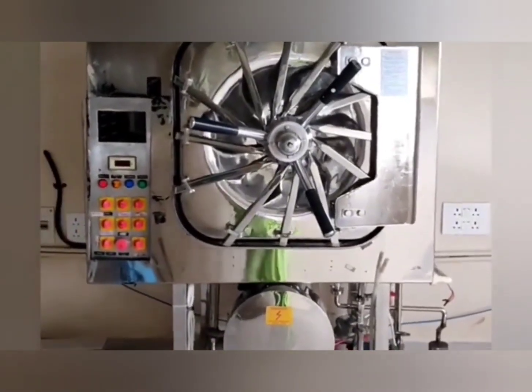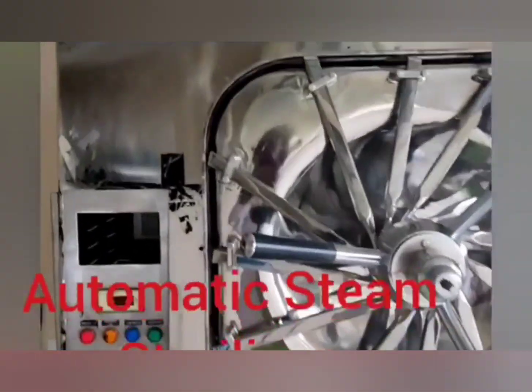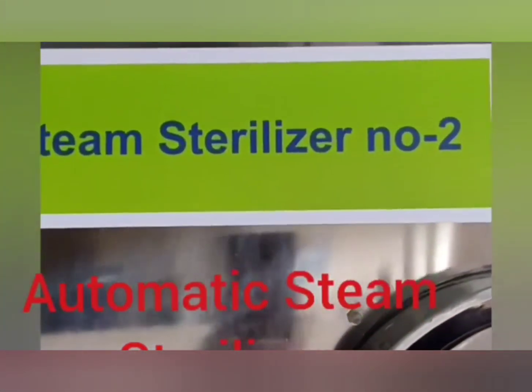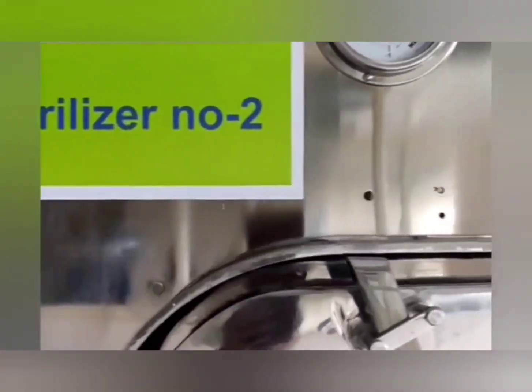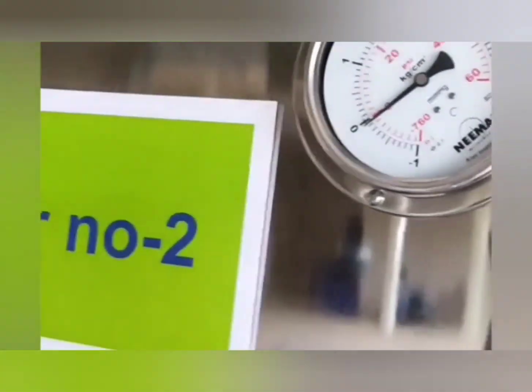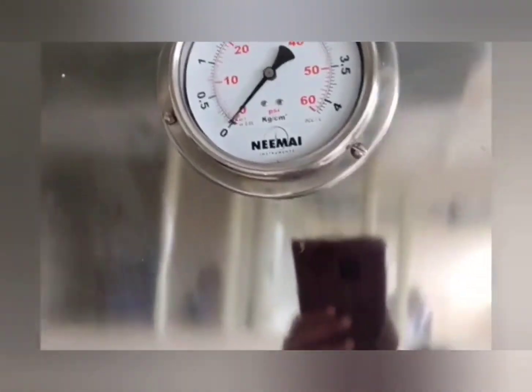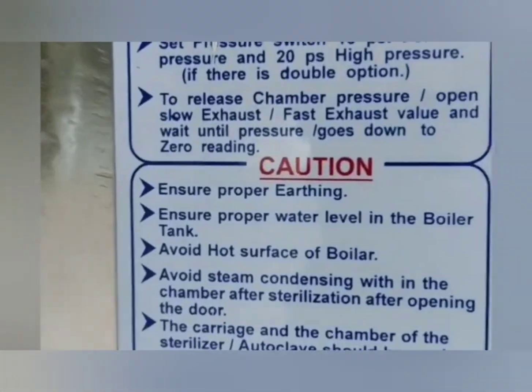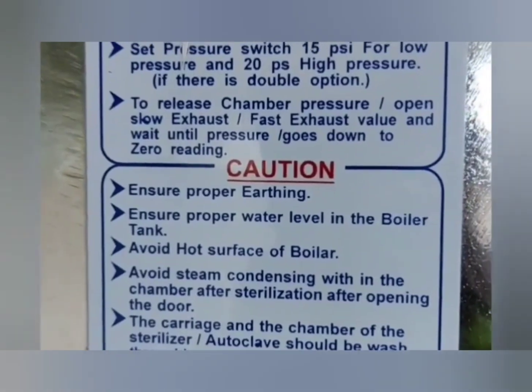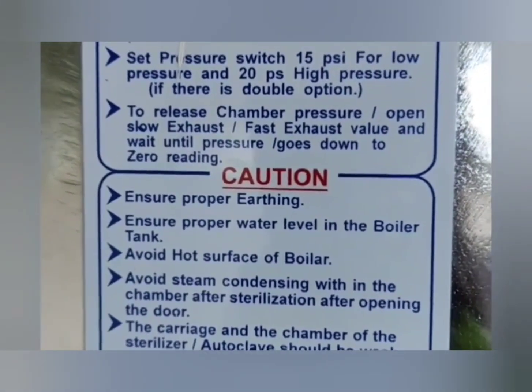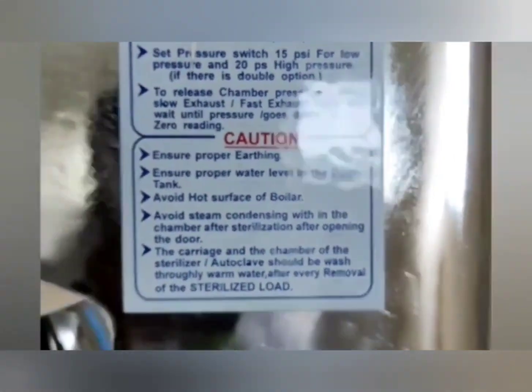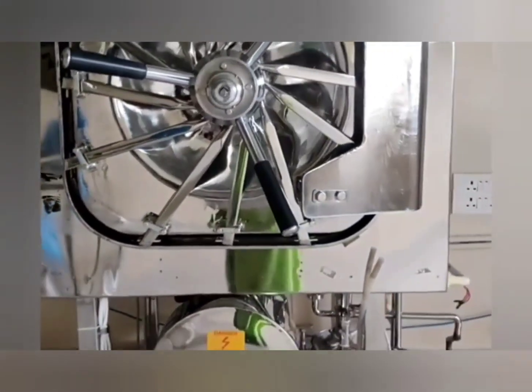This is another type of sterilizer, the automatic steam sterilizer. Here, after setting the time and required pressure, the equipment will be automatically sterilized and cooled. So, no waiting time is required. But we must read the instructions carefully before using this sterilizer. In this method, the exposure time depends upon the size and contents of the load and the temperature within the sterilizer.